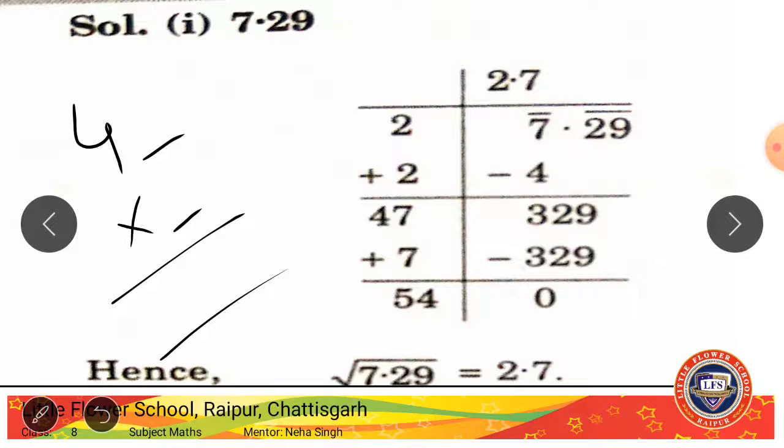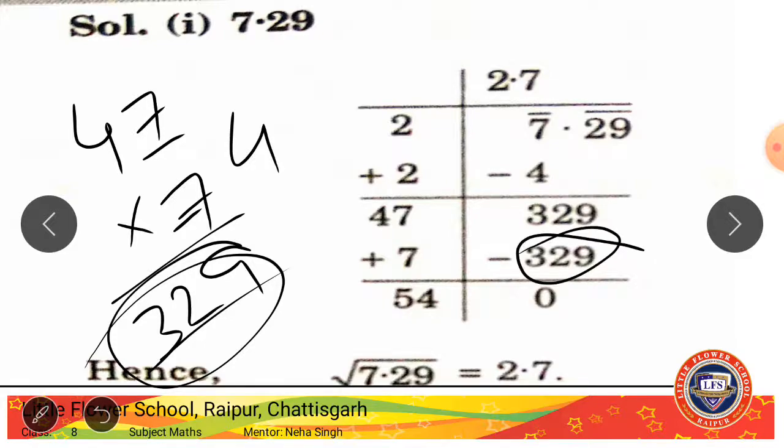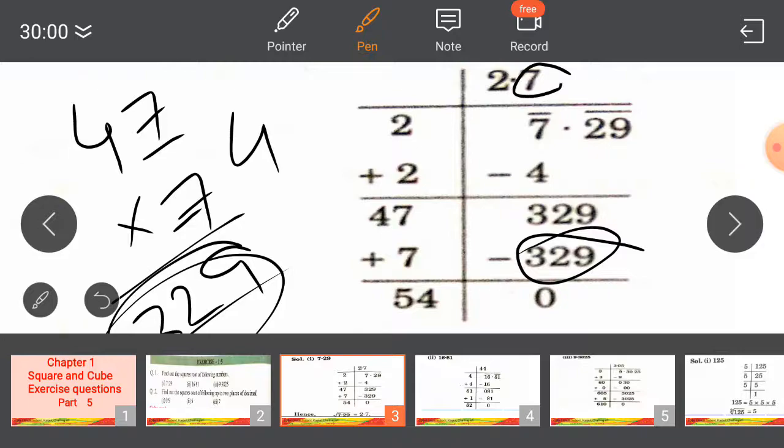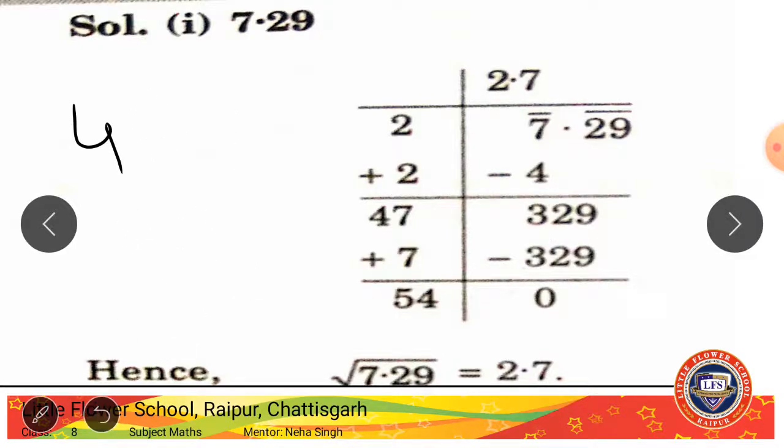So now let us take 7. We will multiply and check. 7 7's are 49, 9 carry 4, 7 4's are 28 and 4 more is 32. So the number becomes 329. This is the number we require, so we will write 47, 7 7's are 329, right? So what will be our answer? And while putting the decimal, how will we put the decimal? Suppose first we have taken 2, 2 2's are 4 we have taken.